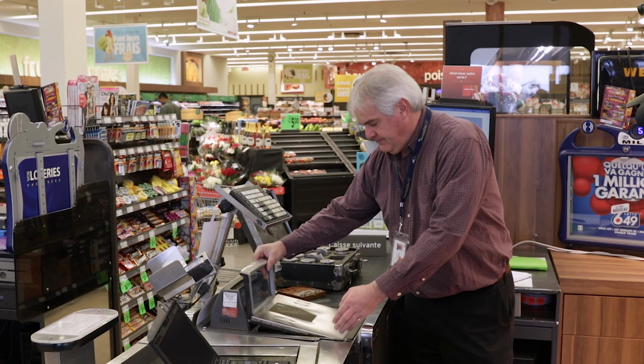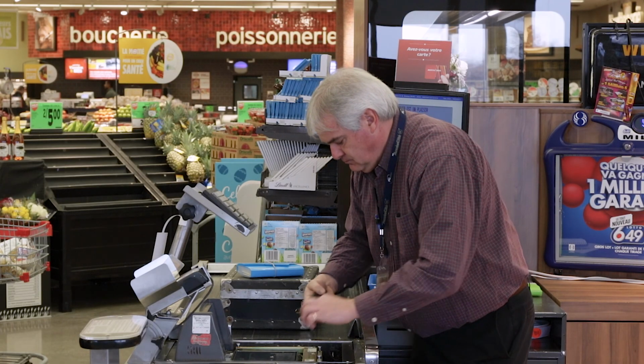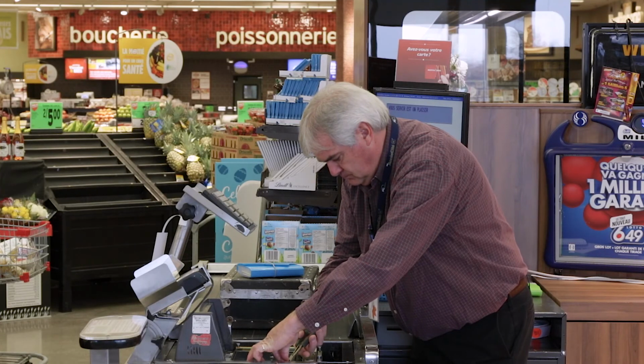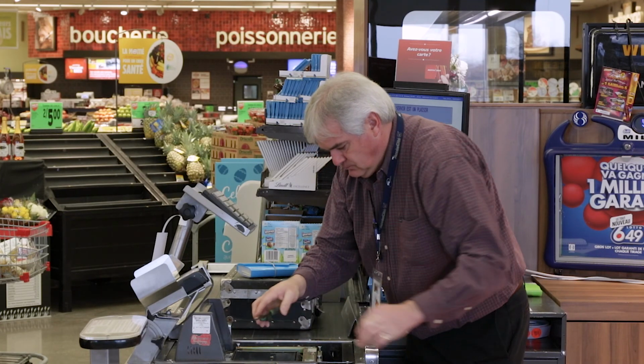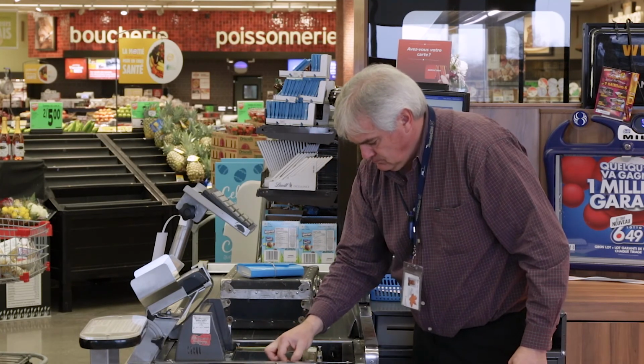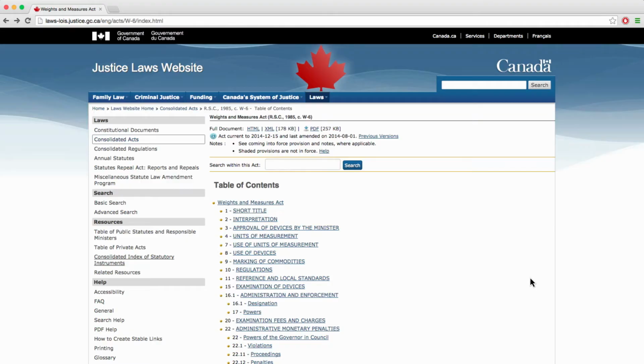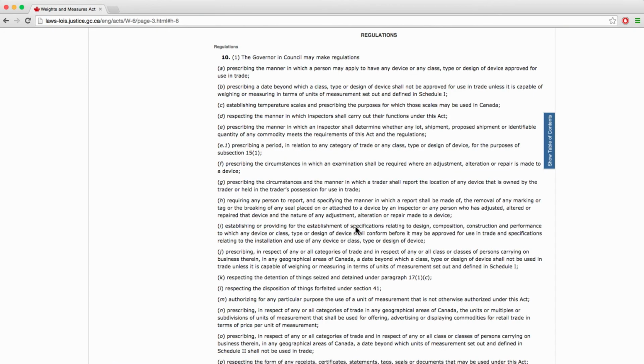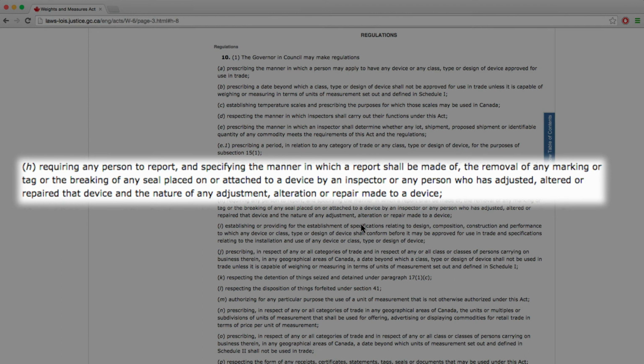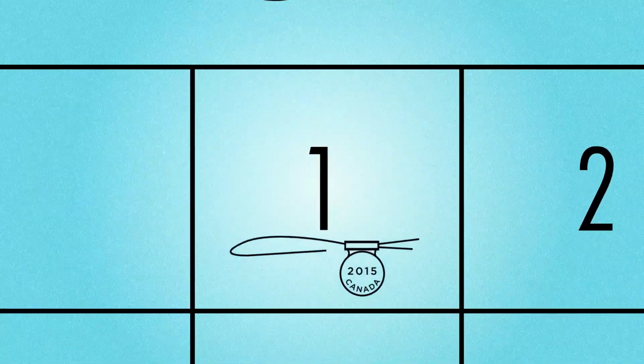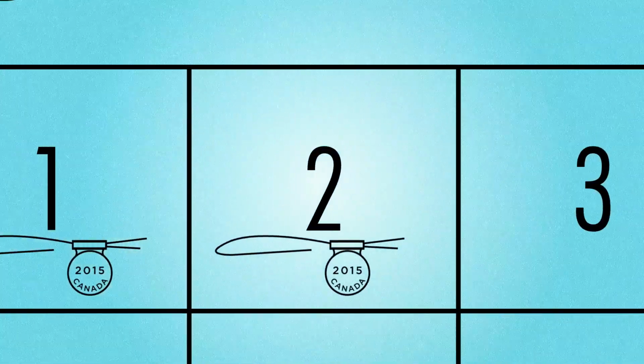The only exceptions to this law apply when device owners, their representatives, or inspectors break or alter a seal for the purpose of device maintenance, repair, or examination. In most cases, the Weights and Measures regulations state that a formal report must be issued, in writing, to the nearest Measurement Canada office within 5 days if an examination of the device is not immediately accomplished.